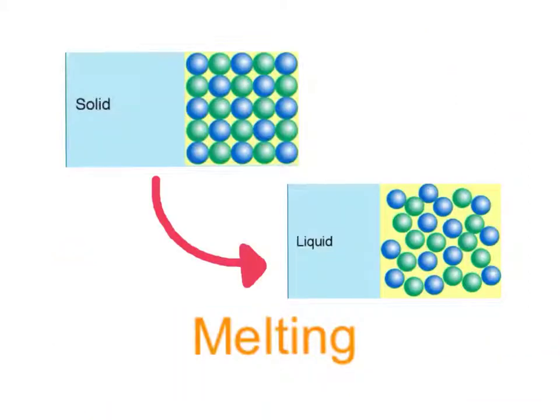Now, you might be wondering, what just happened over here? Why did he turn into water? What happened was, the molecules broke away from the little cycle of vibrating and started to move around a little more freely. Not too freely, but a little more than they could in a solid. The intermolecular distance increased, and so it changed from a solid to liquid. And this process to change an object from solid to liquid is called melting.